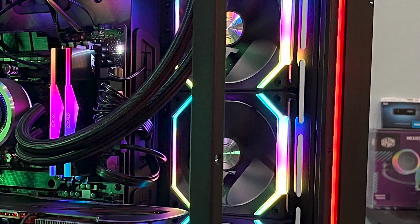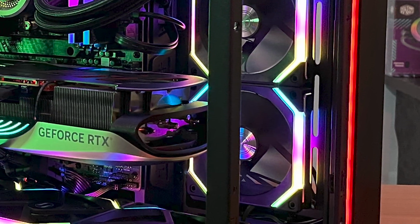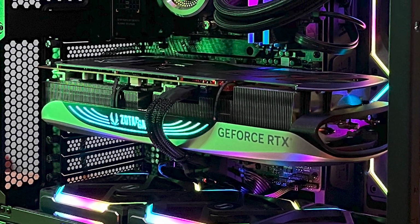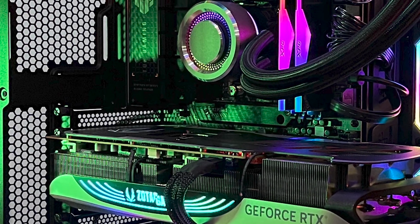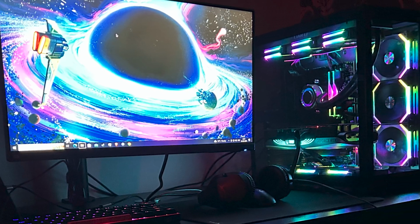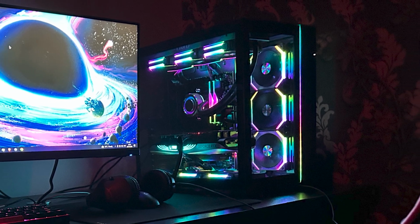Hey there gamers, are you ready to experience the PC that's faster than Usain Bolt on a Red Bull? Well, today we got a treat for you. We are going to show you the components that make up the ultimate gaming machine. And because we want to keep this video short, let's dive right in and take a look at the parts